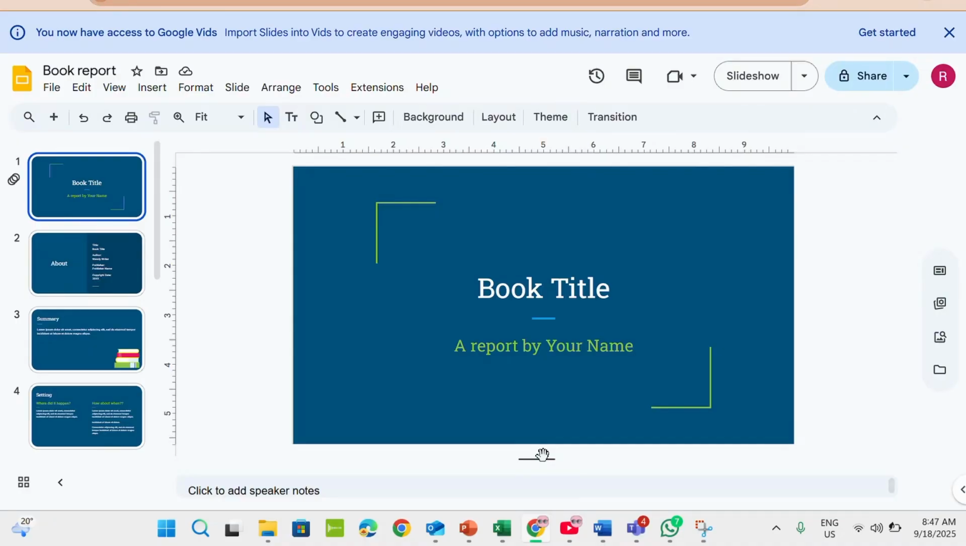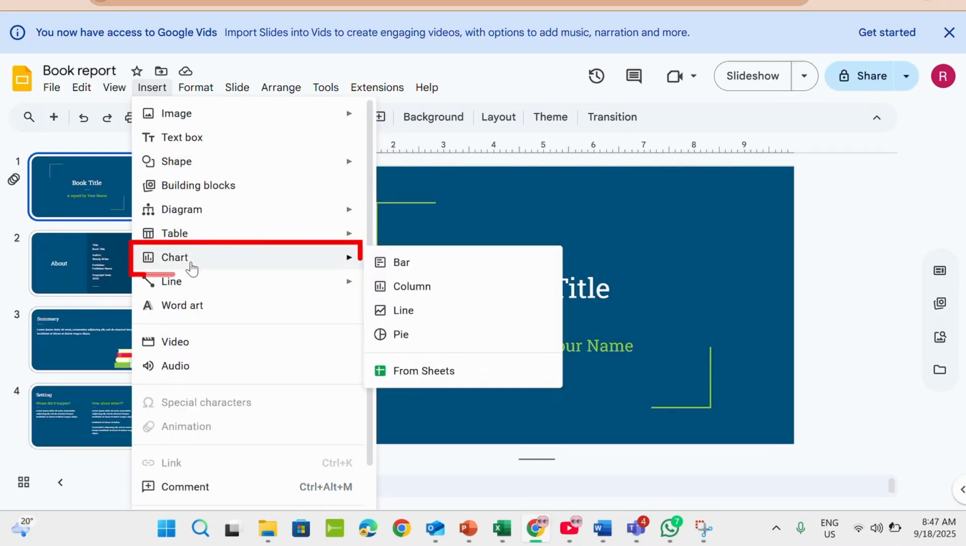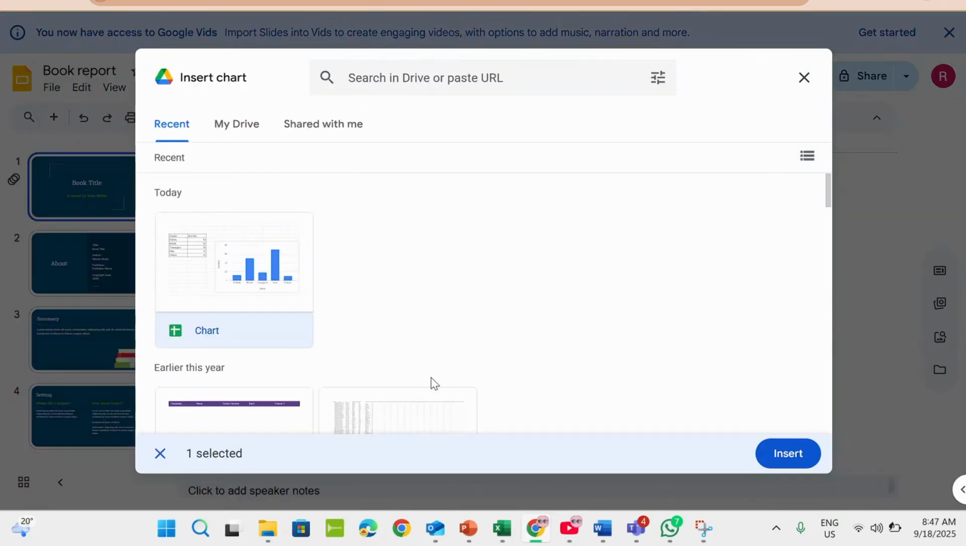Now, once you're there, you can see various options on the top. You need to go to Insert and then tap on it. Now you'll see the chart option, and you can add your own chart, but if you want to add it from your Google Sheets, then you can see From Sheets at the bottom. Tap on it,